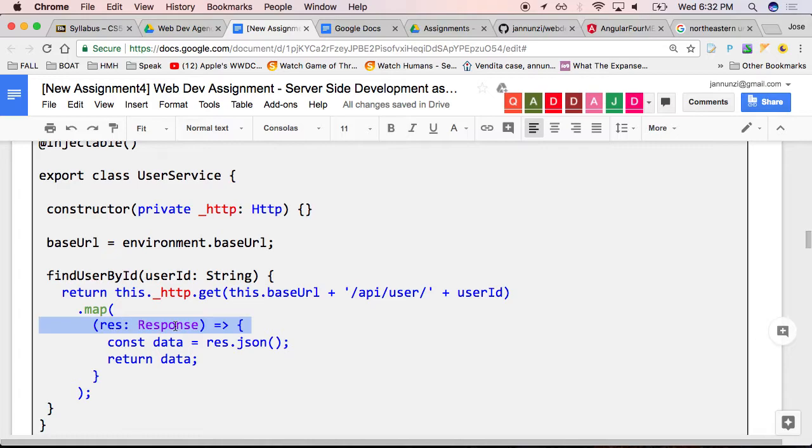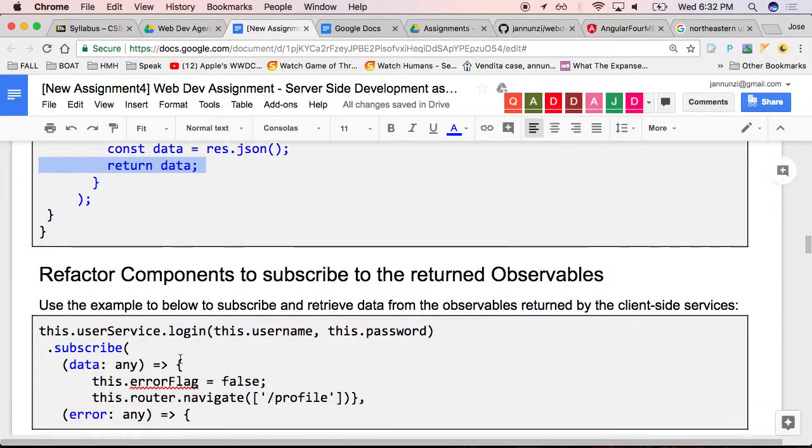The request went out, the client is waiting, and the browser is blocked waiting for the response from the server until the server responds back to the client. And here, the client is parsing that as a JSON object and just returning it over to the